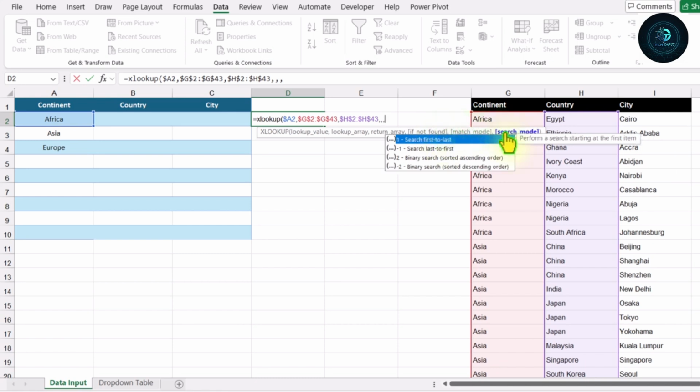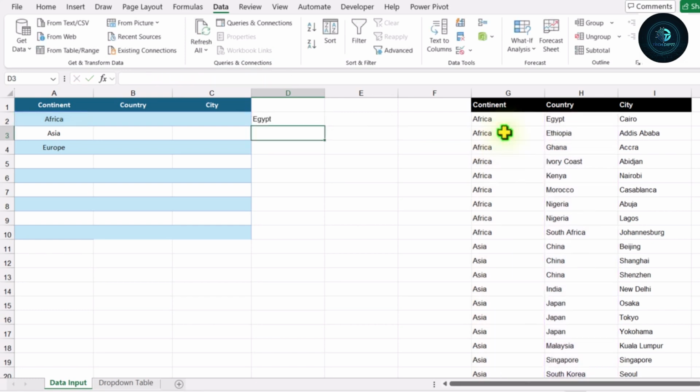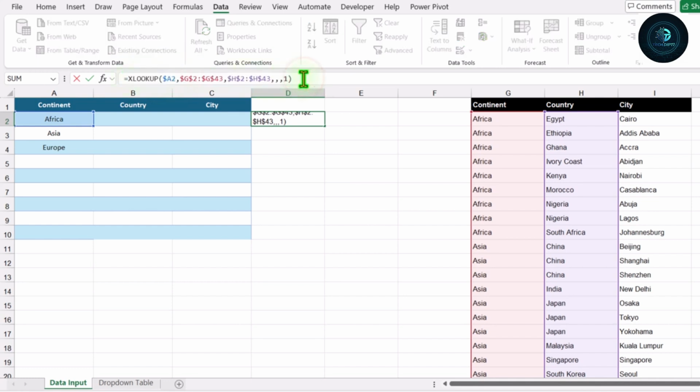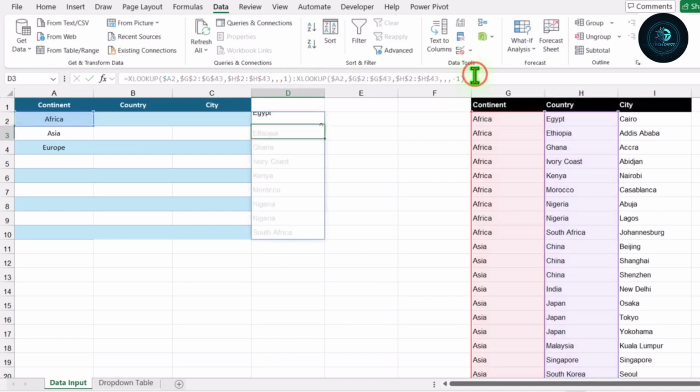And for the search mode, I will simply type 1 close parenthesis, hit enter. Now I will click on D2 cell again, simply copy all of the formula, hit Ctrl C. After closing parenthesis, I will simply type colon, hit Ctrl V to paste my formula, and for the search mode, I will simply type -1 and simply hit enter.